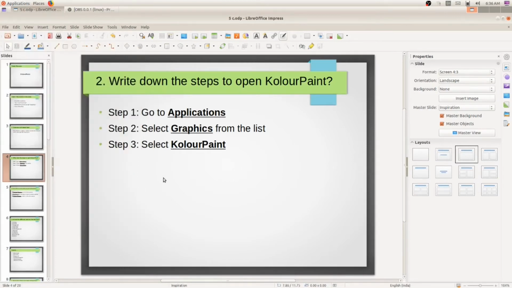Is it clear, my dear students? I repeat, first go to applications, second go to graphics, and finally click on the color paint application.